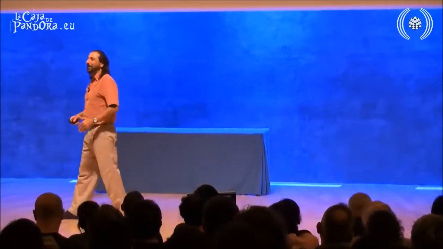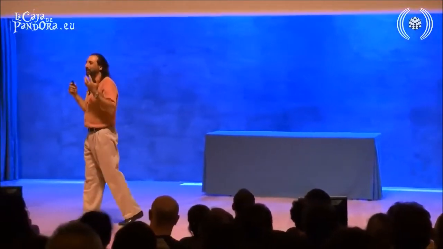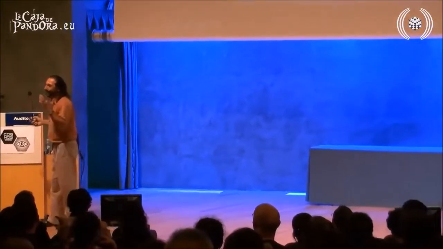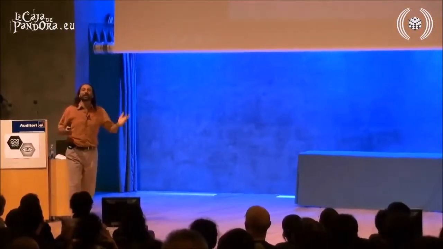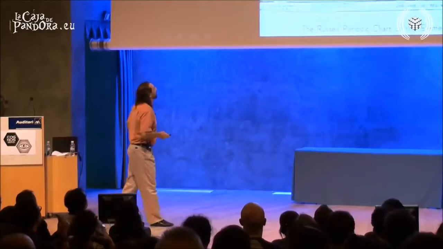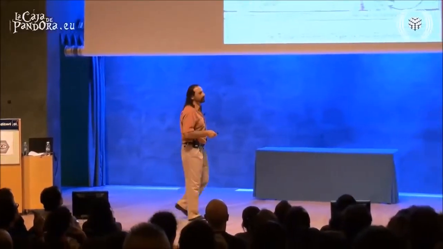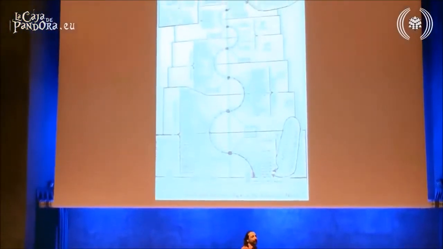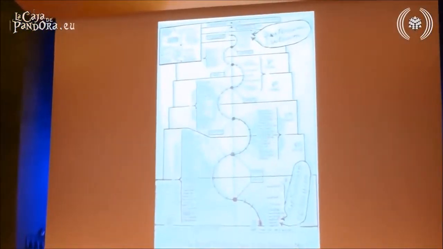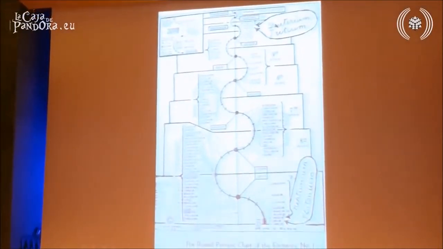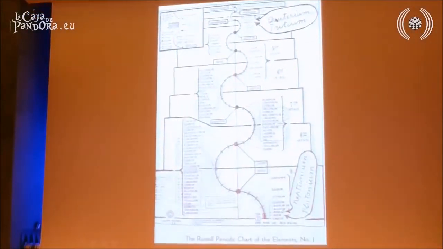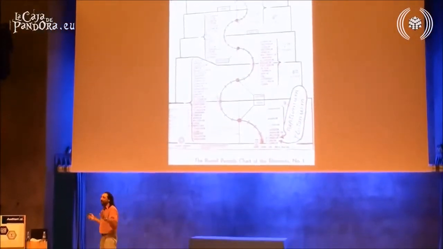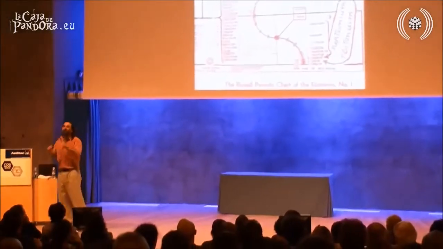Well, there was this amazing illuminated genius in 1927 that figured this out. His name was Walter Russell. He's actually credited for discovering many of the elements in our table of elements. How did he do it? He went into a dark room for 32 days, told his wife, "Don't disturb me."